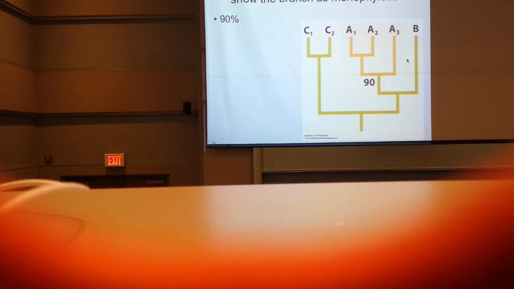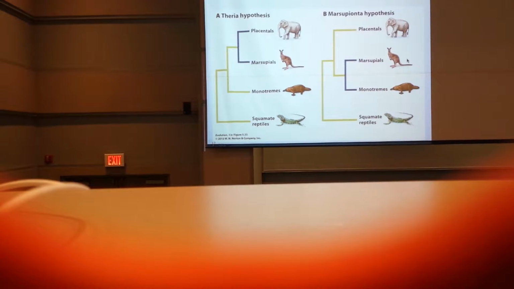So we'll see a lot of notation that uses some form of confidence interval. And so one example is testing hypotheses about mammalian evolution. So the Theria hypothesis posits that the placental mammals are most closely related to marsupials, and the monotremes, platypus, and whatnot are the outgroup of that. Okay? The alternative hypothesis is that the placentals are a sister taxon to the taxon that includes both marsupials and monotremes. Okay? So the question is where do we fit in terms of